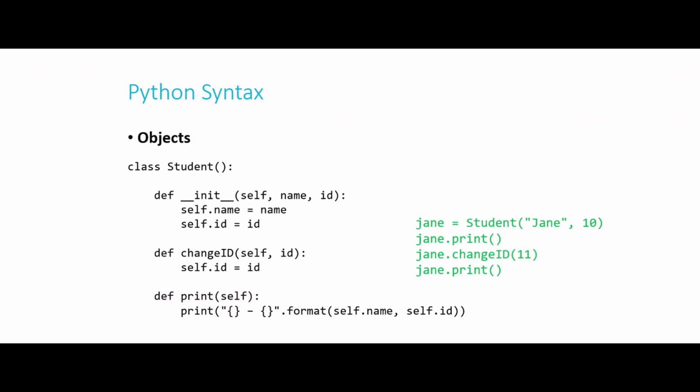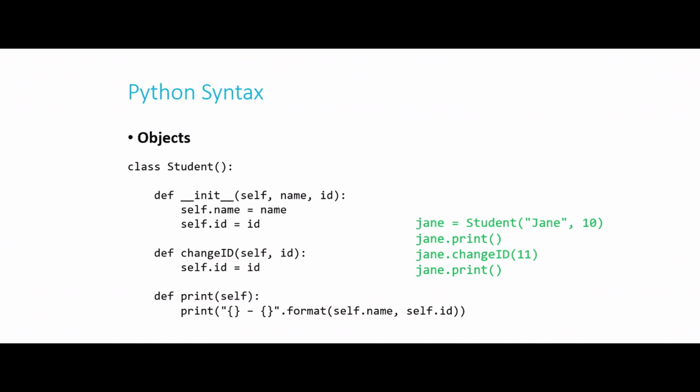So what would happen here? I'm creating a new variable, a new object called Jane. And this is my initialization. I'm calling the constructor function: Jane equals Student with a capital S, again, the name of our class. And I'm passing in two values, Jane, which I want to map to self.name, and 10. So immediately after this, I would have a new student object called Jane, and Jane's name field would be Jane, in quotes, and Jane's ID field would be 10. So if I printed it out, and you can actually take this code and recreate it in CS50 IDE and see it for yourself.